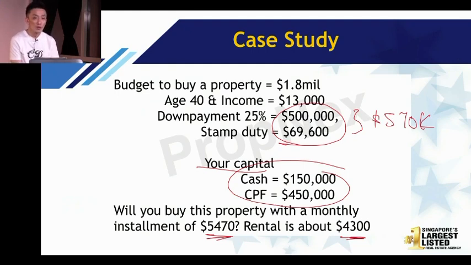Wow, why do all of you say no? So many of you say no. Nobody says want to buy. Why never see the potential of the property? Some say yes. You see, the answer can be yes and no, you know.